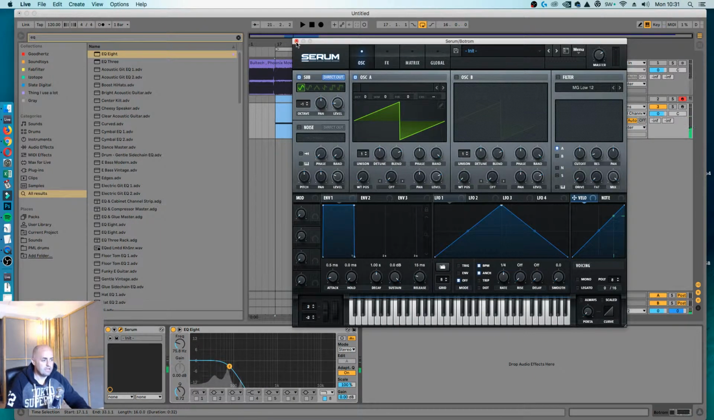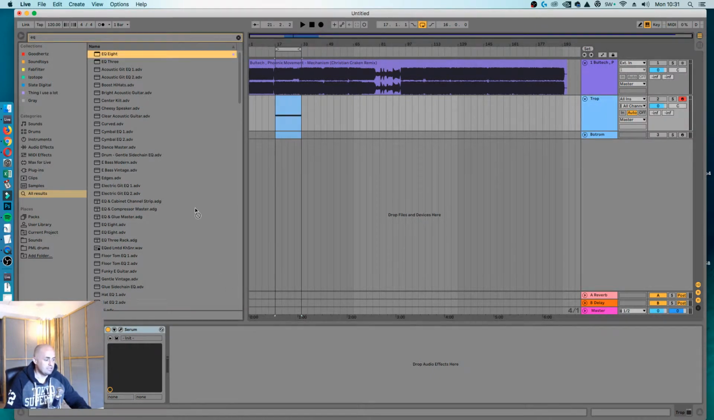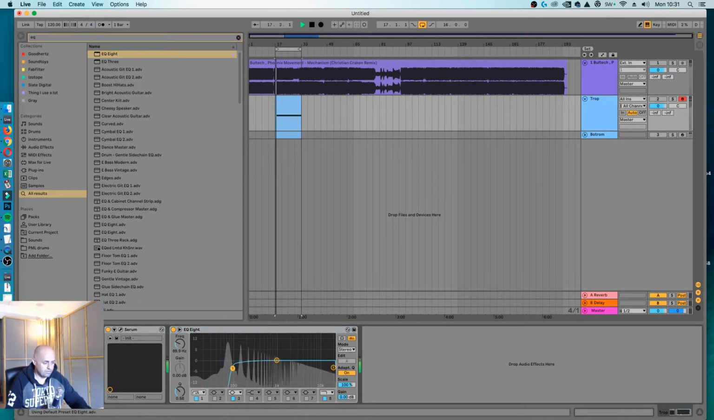Around there. And what we're going to do is the same thing with the top end, the trop end, and EQ it. And basically we're going to cut it over there somewhere. All right. And we're going to also cut the top end